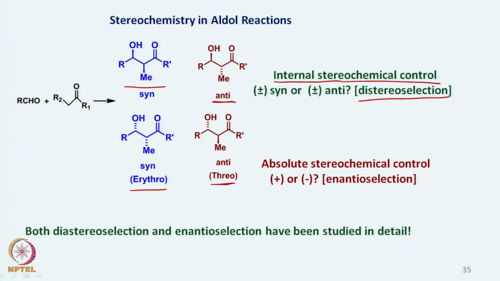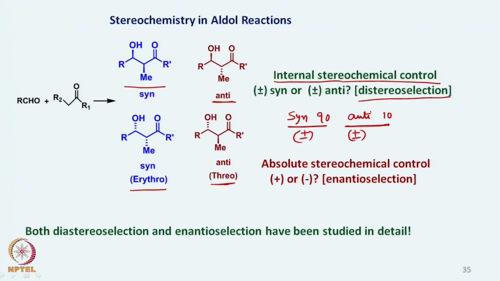That means that between syn and anti, if we get syn as say 90 and anti as 10, then we basically have diastereomeric selection or diastereoselection control, because we are still dealing with the plus minus